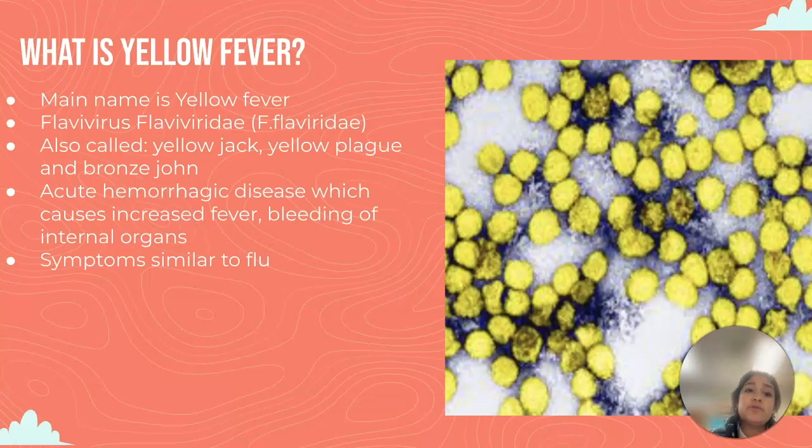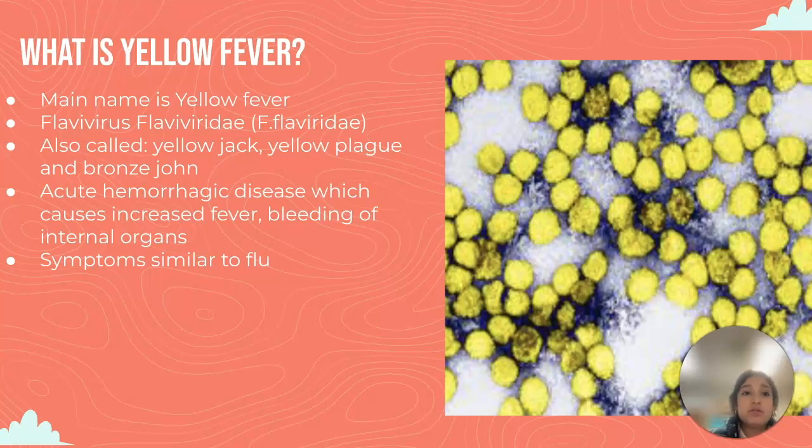So what is yellow fever? Yellow fever's main name is yellow fever, and it is also called yellow jack, yellow plague, and bronze John. Its official name is Flavivirus flaviviridae, and it is in general the acute hemorrhagic disease which causes increased fever and bleeding of internal organs. Its symptoms are very similar to the flu, and we will talk about this later on